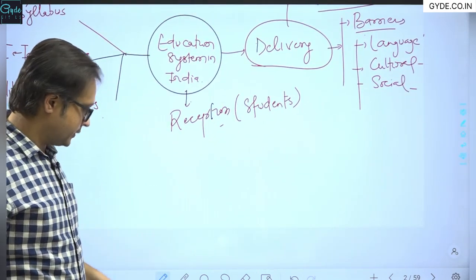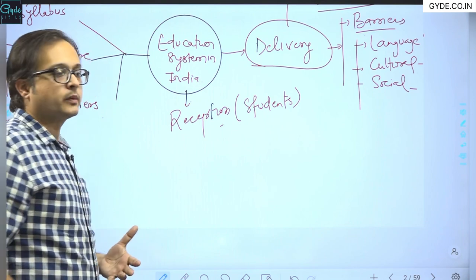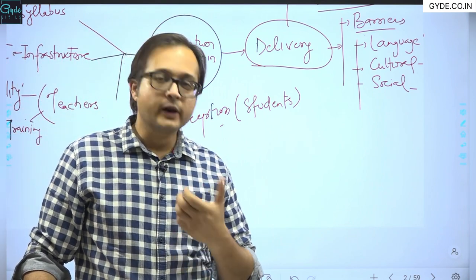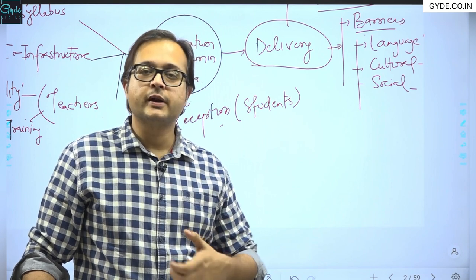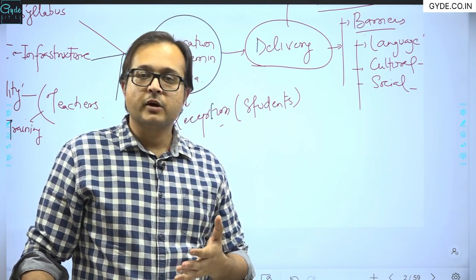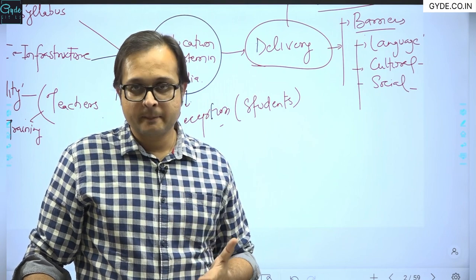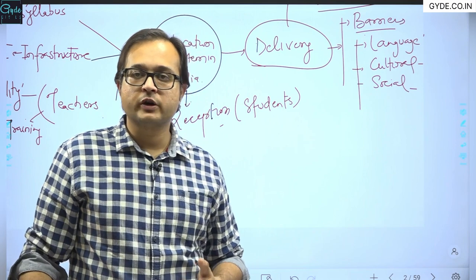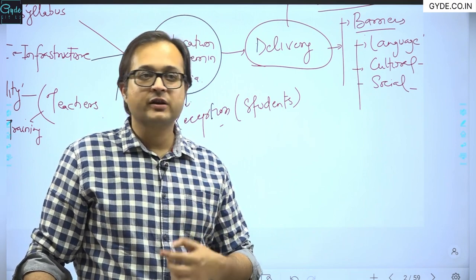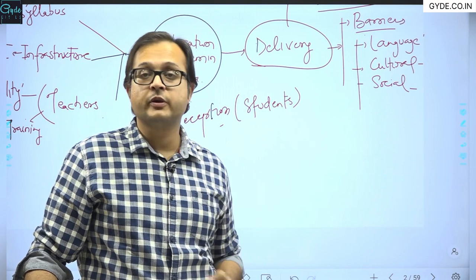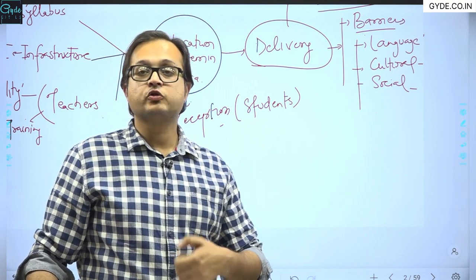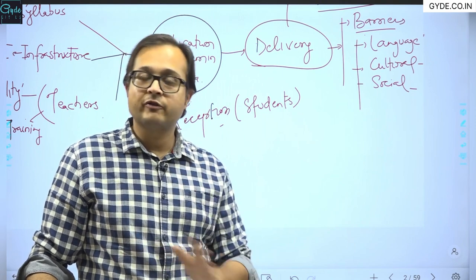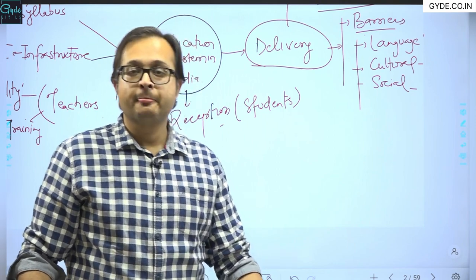Then the reception. The education system that we currently have, or the type of education being provided, can provide good grades, it is said, but may not develop a particular personality. Because what is the set of reception that a particular student gets from, number one, awareness, second, knowledge, and number three, education? That has to be quantified. There must be quantitative as well as qualitative development of the student that must be taken up.